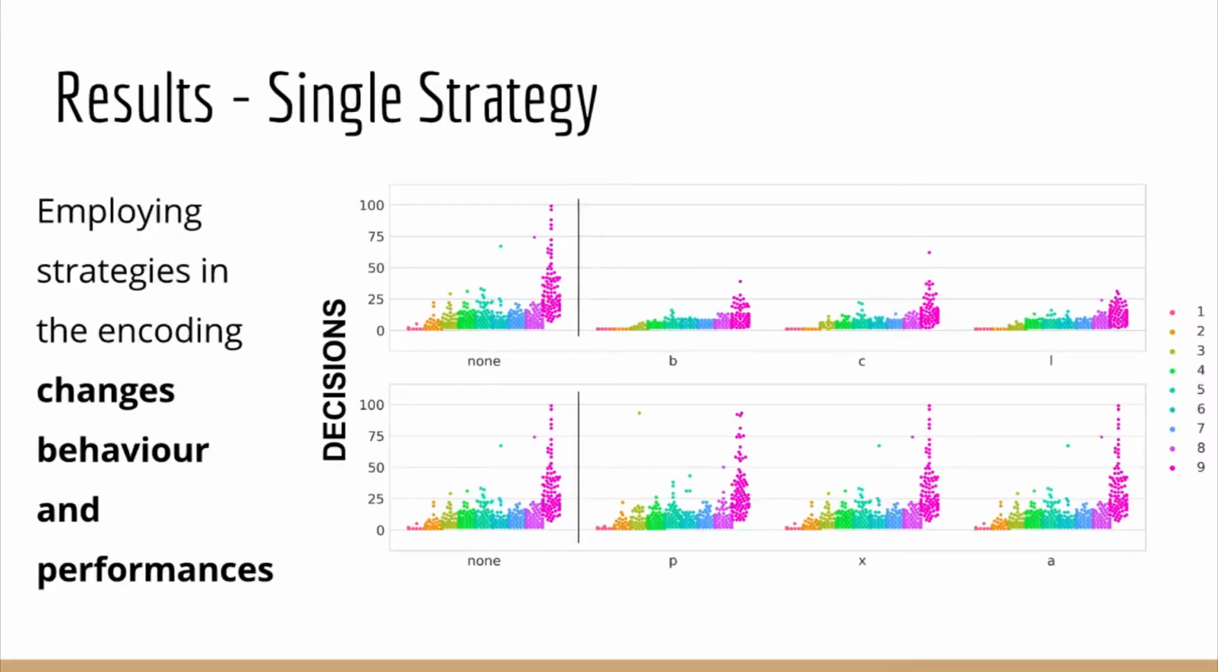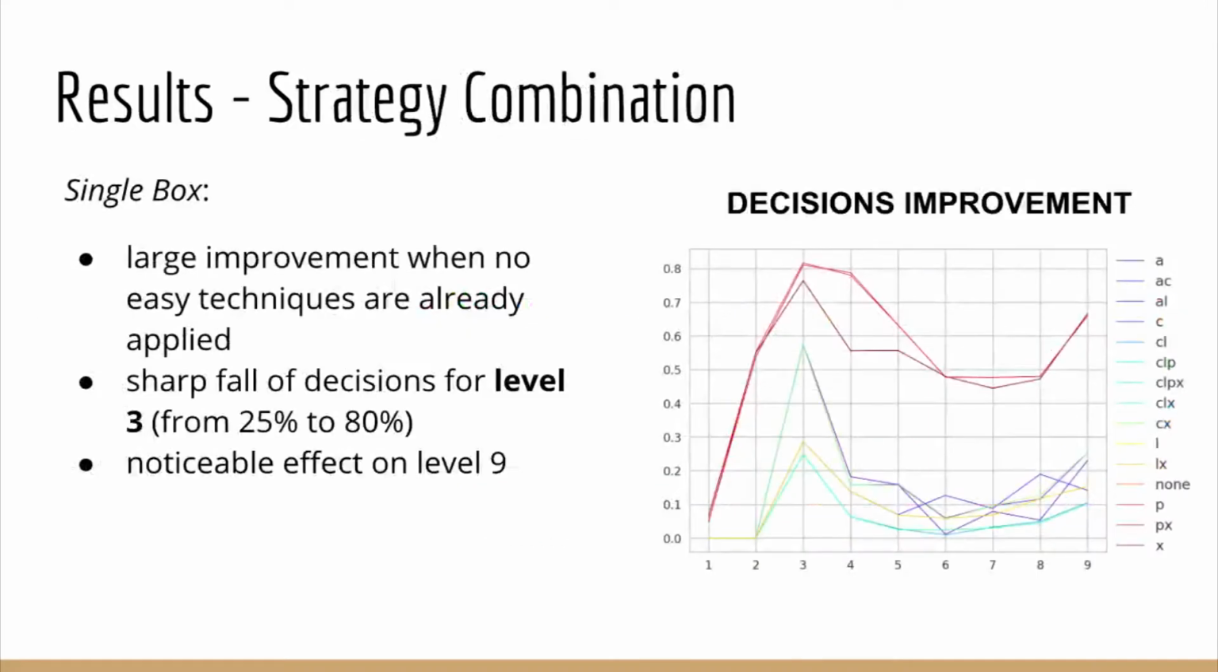By looking at the plot, it is evident that employing strategies in the encoding changes the behavior and performances of the solver. Single box, cross-hatching, candidate lines greatly reduce conflicts and decisions, while naked pairs, X-wing, alternate pairs do not generate any relevant improvement. To compare combinations of different techniques, we looked at the average improvement over the same 3